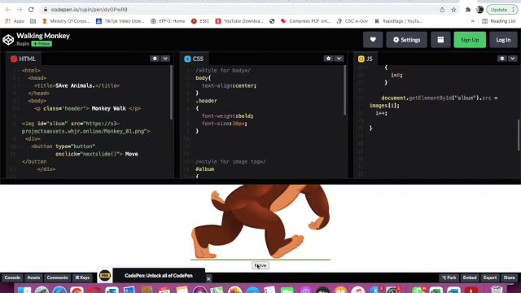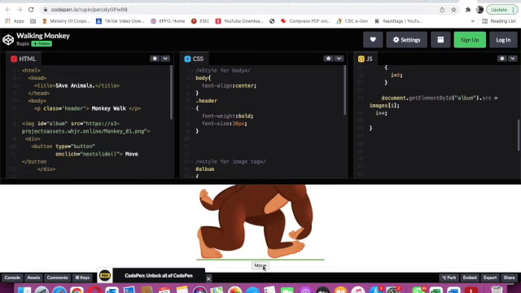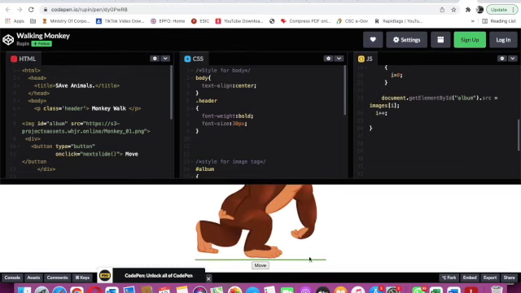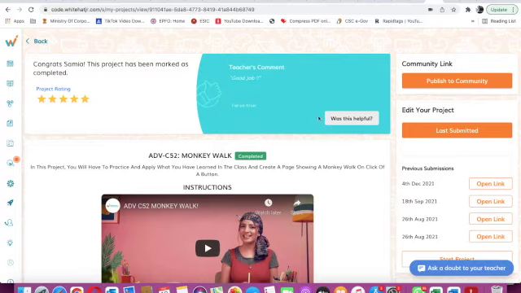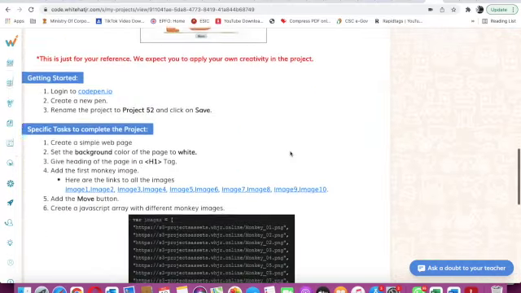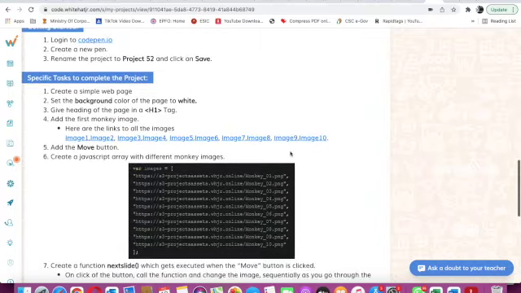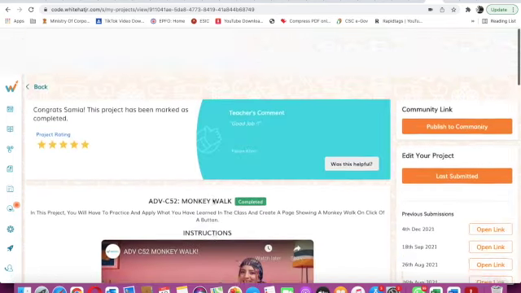But in the project, they have given this. Okay, here the link is also given. Now our project is done. So this was the project, and you will get the link from here. The links are also given here. Okay, so our project is done.